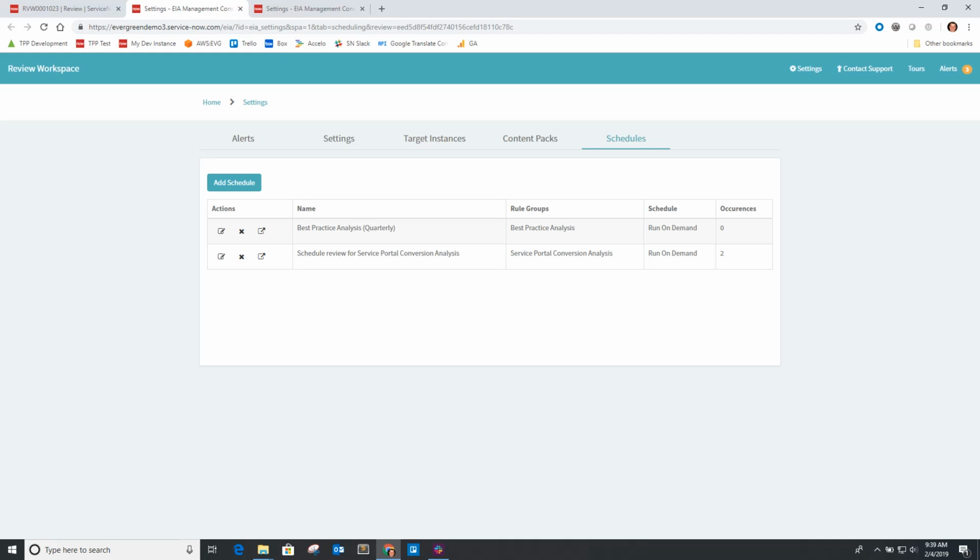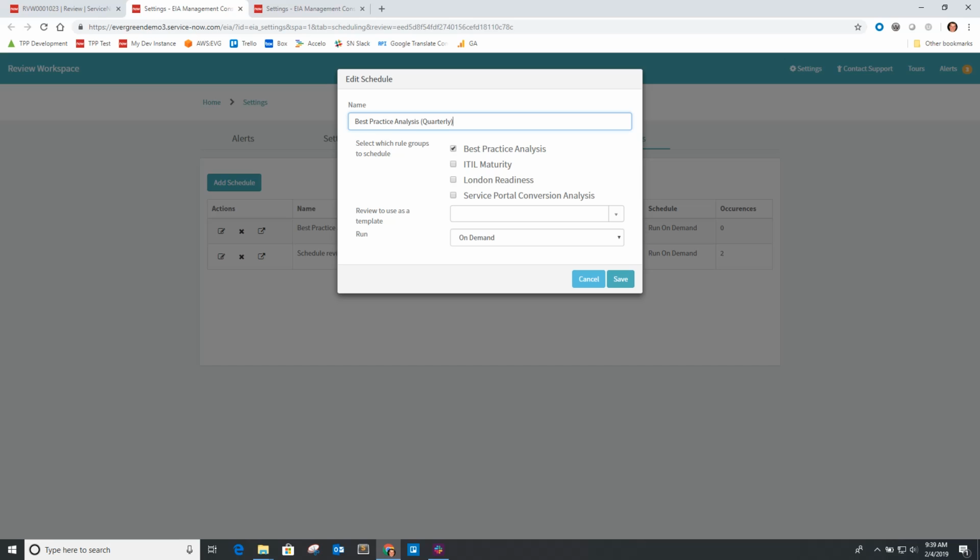And ultimately, if you want to cancel or remove a review, there's a delete option here, or you can also do the edit and change it to on demand so it doesn't run on a schedule